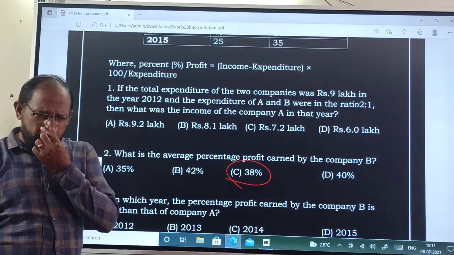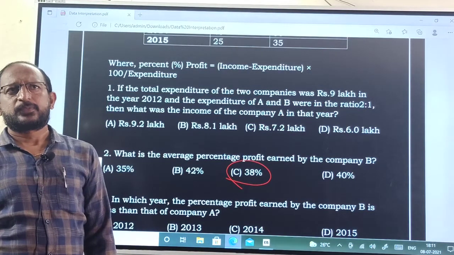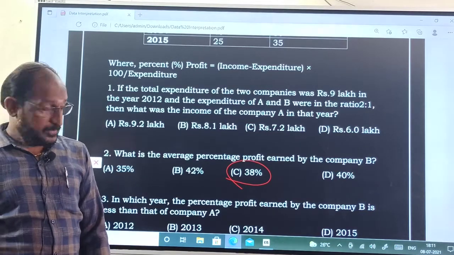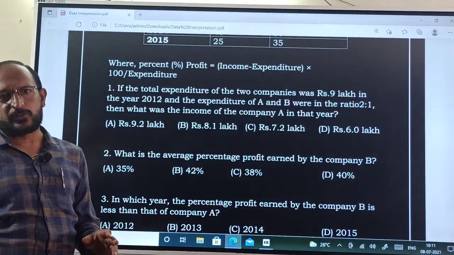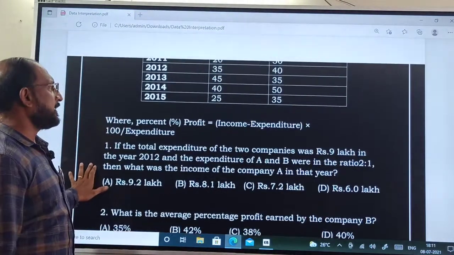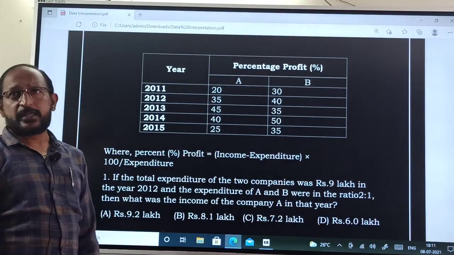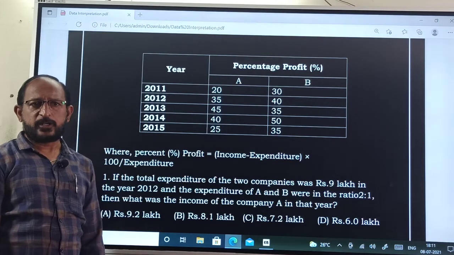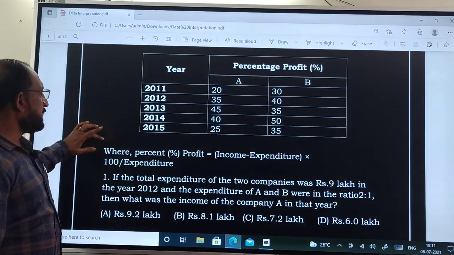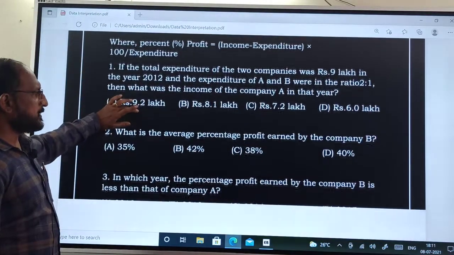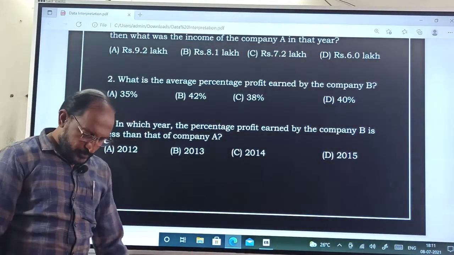I think all the students have copied this problem. You have to copy the problem also. You can draw the table, or otherwise take a screenshot. For the first problem, you can take your screenshots and understand later. We will share the video. Otherwise, later I will share this problem completely through WhatsApp.